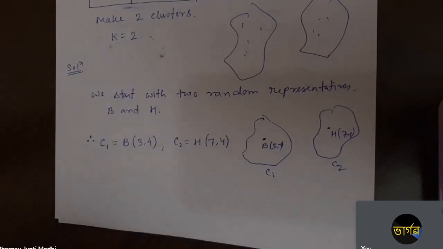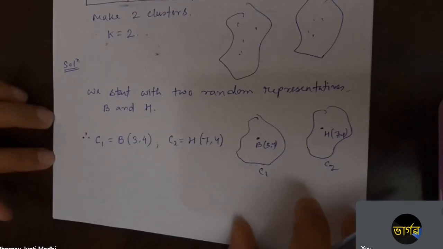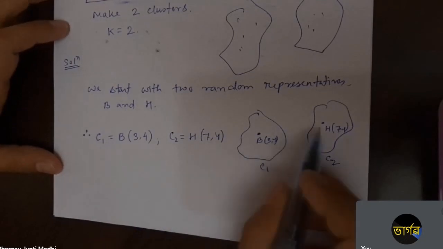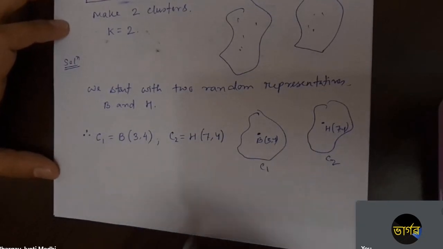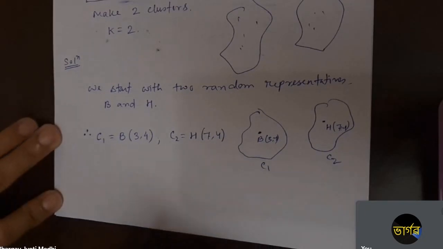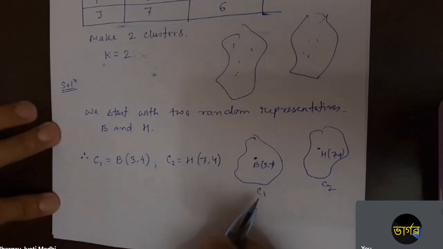So now we have B and H, these 2 points are there and these two forms the cluster. এতিয়া আমি কি কৰিম, now we have to find the Manhattan distance. কাৰণ আমি কৈছো যে এবাৰ আমি Manhattan distance apply কৰি আছো. We can also find the Euclidean distance or any other distance. So in this case we are just considering the Manhattan distance. কাৰণ আমি Manhattan আগতে কৰা নাই. So এতিয়া চাওঁ আমি কি কৰিম, so Manhattan distance apply কি কৰিম,